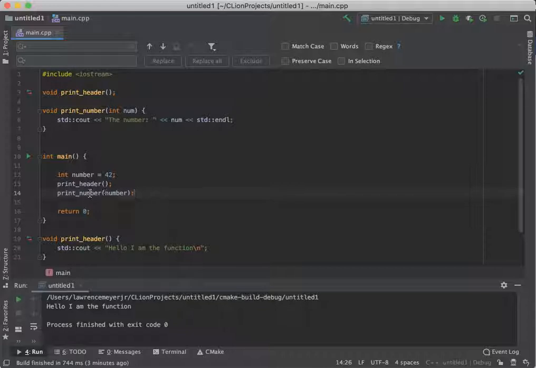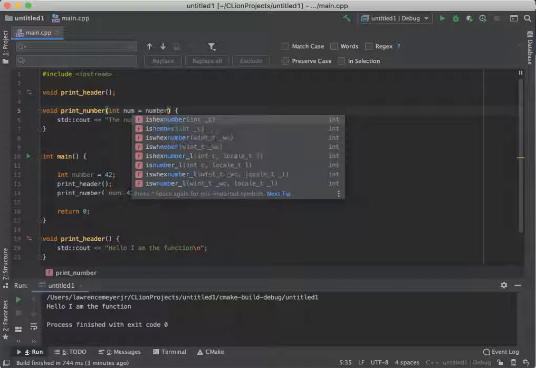What's going to happen when this function gets called is it's going to take this function, find print number, see that it needs a number, and pass a copy of the value of this number into this. So you can picture this, if you will, as the variable number right here turns into the number 42. The number 42 comes up here, and this effectively says something like this. It really does: declare me a number for 42, put in the value of 42. Or if you want to be more abstract with it,